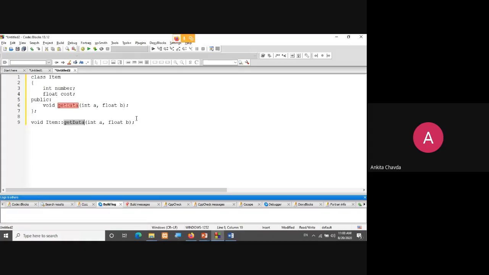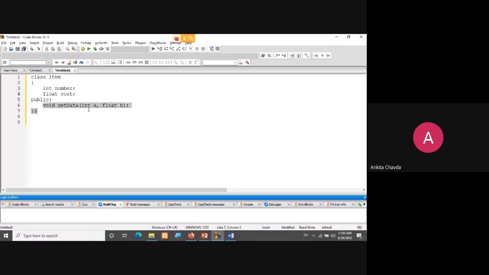So what you need to do, again I'm writing this, I'm deleting this and writing again. If you want to write your function outside of the class, simply write the return type, your function name, your function arguments, the same way you define your function inside the class. But the only change is what?